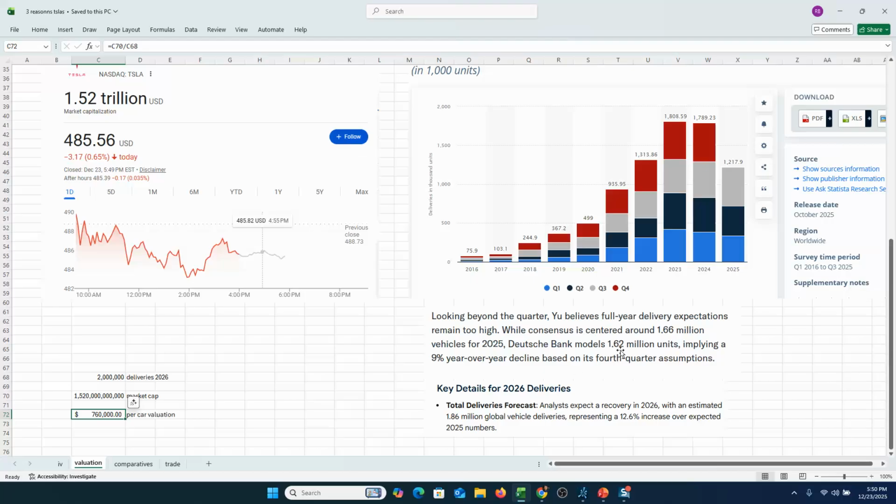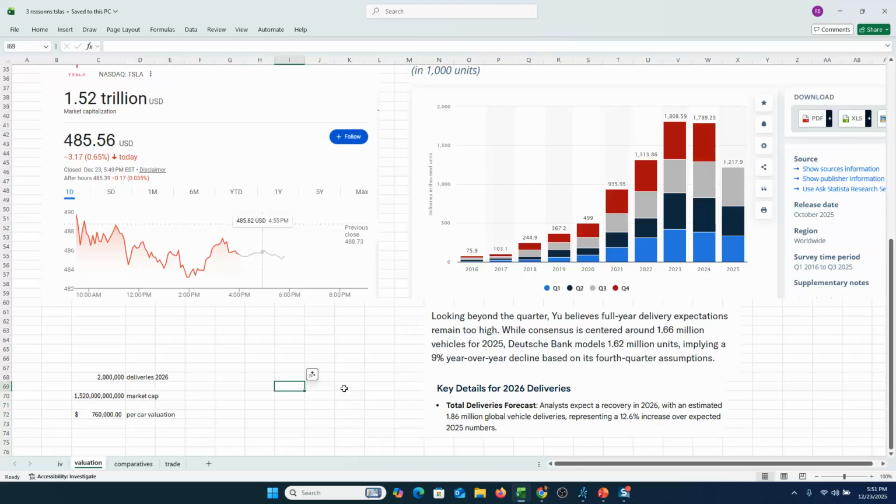Deutsche Bank a little bit less. And for 2026, next year, the consensus is expecting an increase to 1.86 million global vehicles. That's worldwide. So I simply took the numbers and came up with, okay, how much per car are they valuing the company at? So I took the market cap of Tesla,